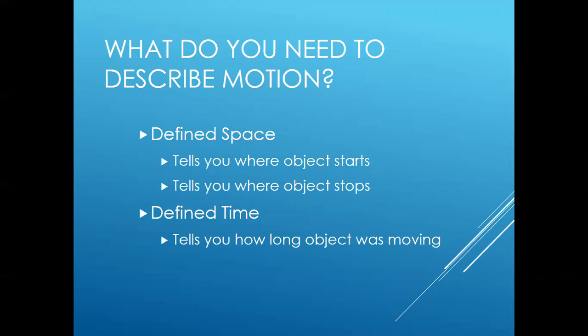Okay, and then if we add in the time concept, we're going to be describing how long it took or how quickly the object moved from one position to another. So we need to know these three things. We need to know how long it was moving, where it started, and where it stopped. That's pretty much it. With those three things, we can determine all the other things we're going to be talking about today,